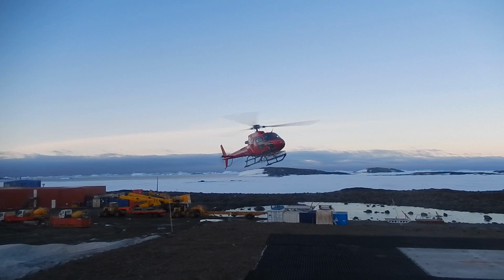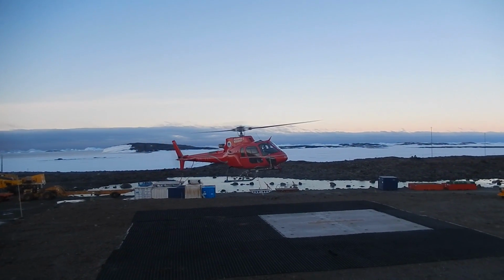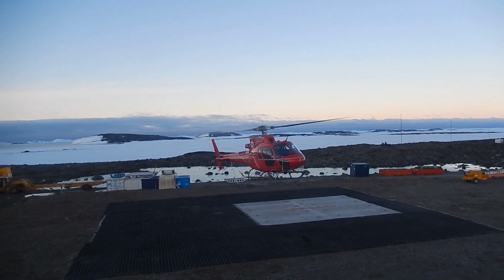probing the solid Earth there, and allowing us to go, well, with some modelling we can work out exactly what it's like down there, because you can't visit the Earth 300 kilometres down, and so you have to do it from remote measurements and through modelling of that system. So we're going to be trying to get down to the Antarctic Peninsula and really study this sort of thing